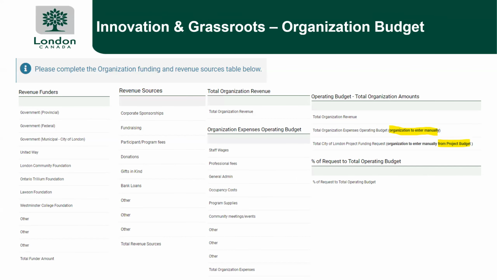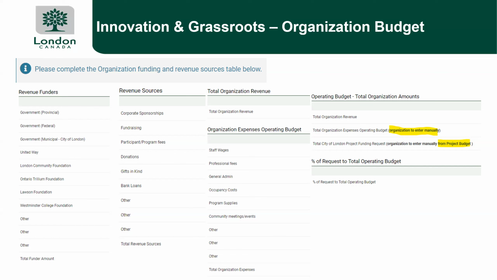So once you click that yellow button, it opens up the revenue charts. So you will be filling in, this is just like an itemized list because there's a long list of them, and there will be a column beside them. But these are how you're making your revenue. So how you're receiving other funds coming into your organization or group. We've given you a large selection there. We've also got some space for others. So you can click if you're receiving United Way funding or if you're doing some fundraising.